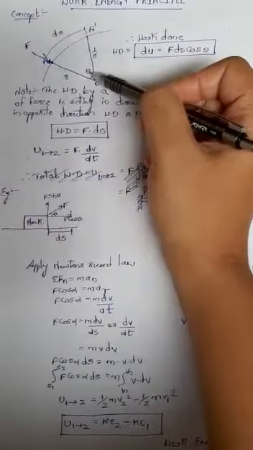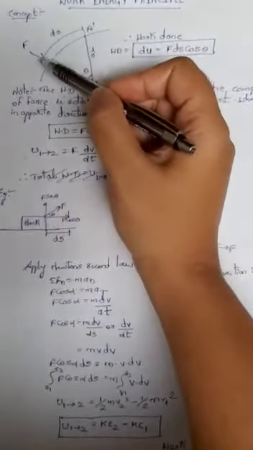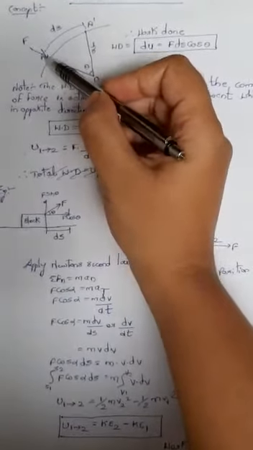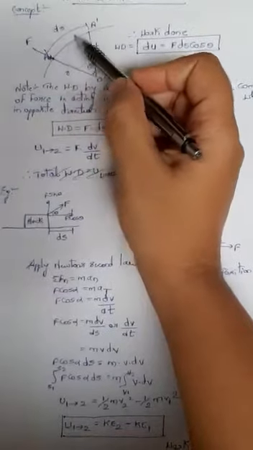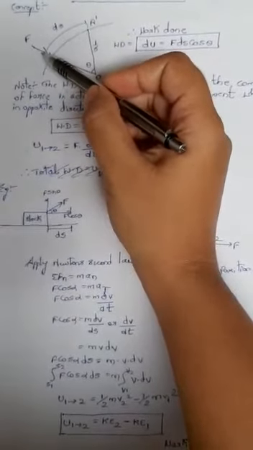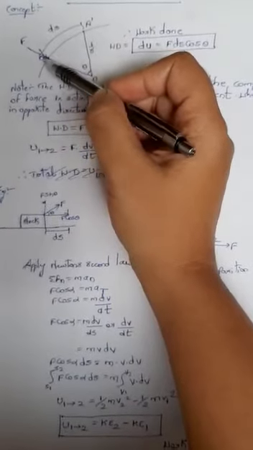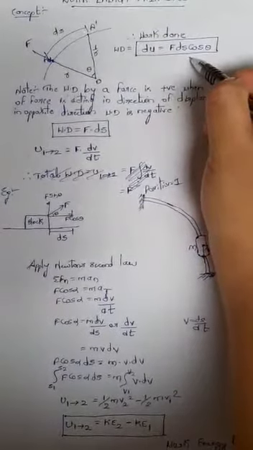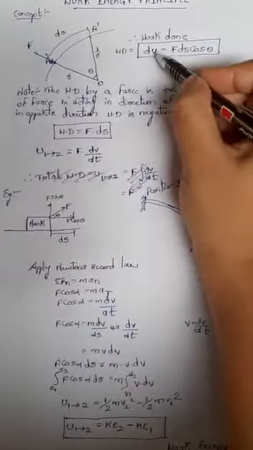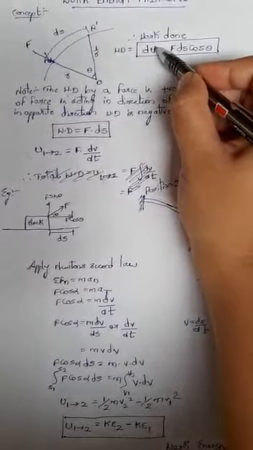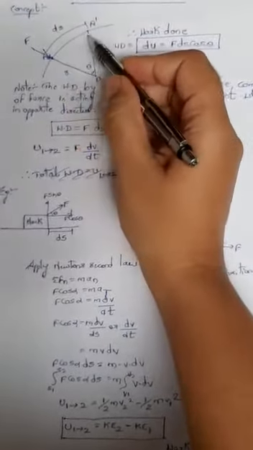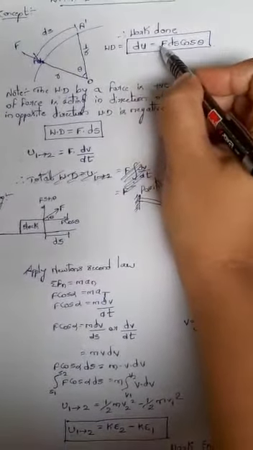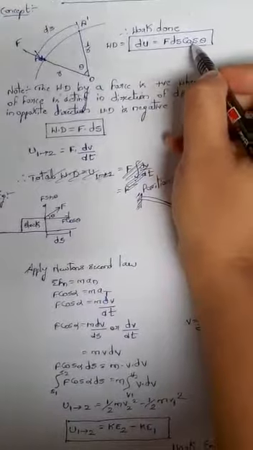Now what is work done? Work done is nothing but the product of the amount of force applied on the particle and the amount of displacement that takes place due to that applied force. So the dot product of force and displacement gives you the work done on the particle. That total work done will be denoted by U. Since the displacement is very small, that is ds, I will use the work done dU, which is nothing but F into ds cos theta.